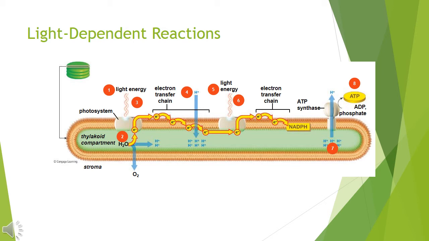Step 4 is showing how all these hydrogen ions were formed in addition to taking on the 2 from the water breaking up. And it's going to start this electron transfer chain again, and it's still taking in light at this point. And so we repeat that electron transfer chain. At the end of this second round, we get the coenzyme NADPH. All those hydrogen ions that we see at the end of the first electron transport chain